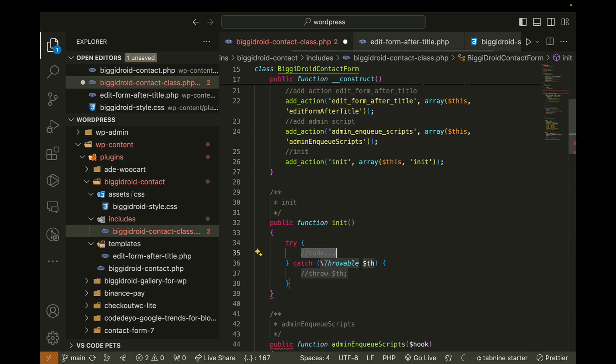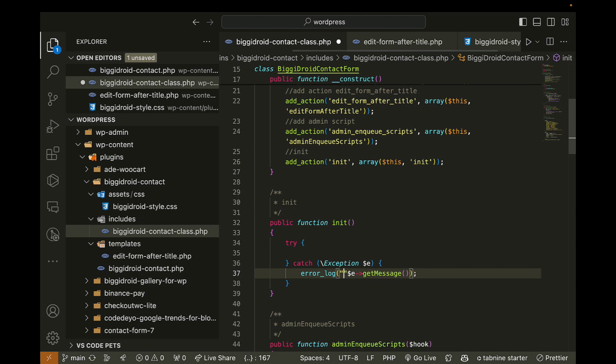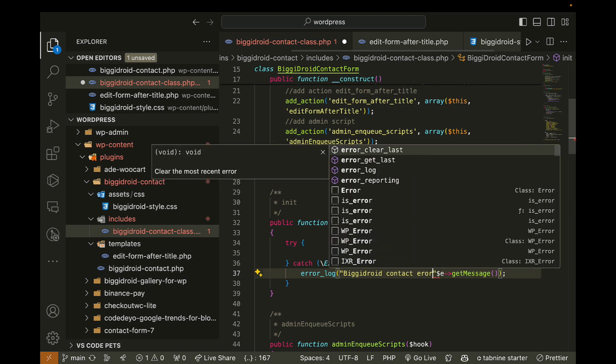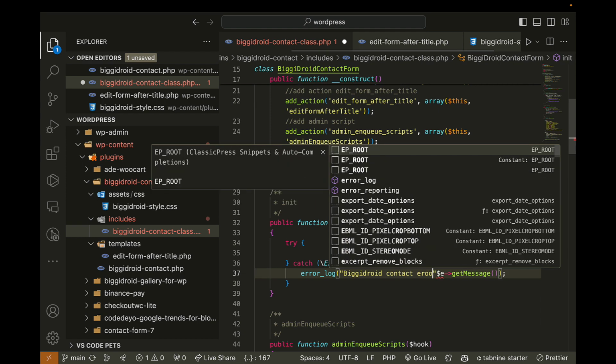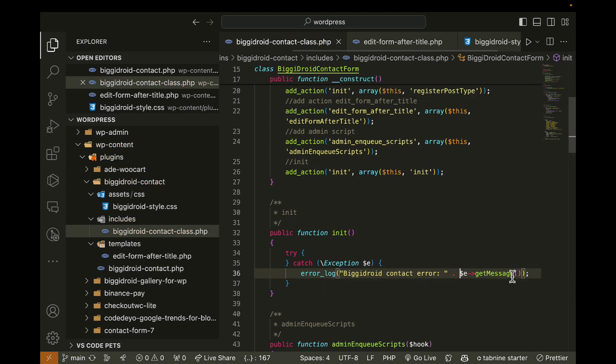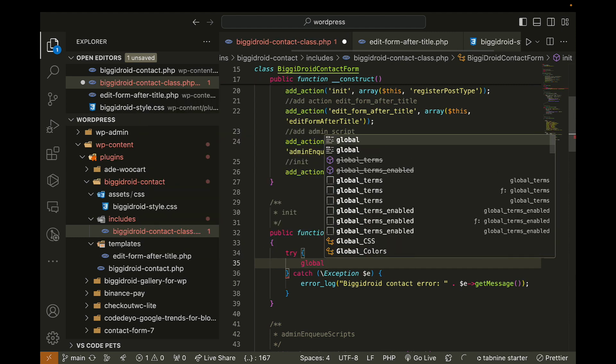let's run a try and catch. We never can tell, something might go wrong, and if anything happens, we don't want to shut down the site. So instead, we're going to log it to the error log, and here we pass in BigDroid contact error. Cool. So we concatenate, save, and we don't shut down the entire site. So within this init, we pull the global WP